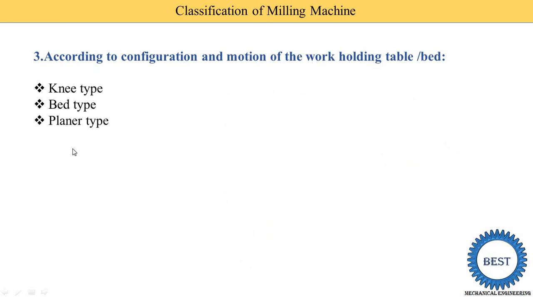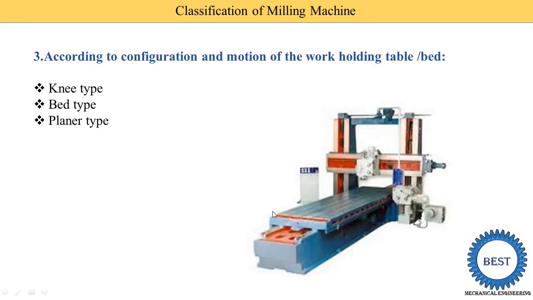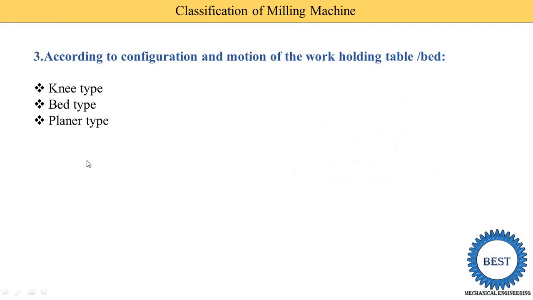This video is also separately available in a playlist, so you can watch that. Another is the planer type. We know that the planer is one type of machine. So the milling machine is like the planer type. In this planer type machine, the table reciprocates, so that type of feature is provided in the milling machine. The table is moving and the size of the table is larger. The planer type video is also available after 2 to 3 days, so you can easily watch it from the playlist. Before 20 January 2020 it is available on my channel.